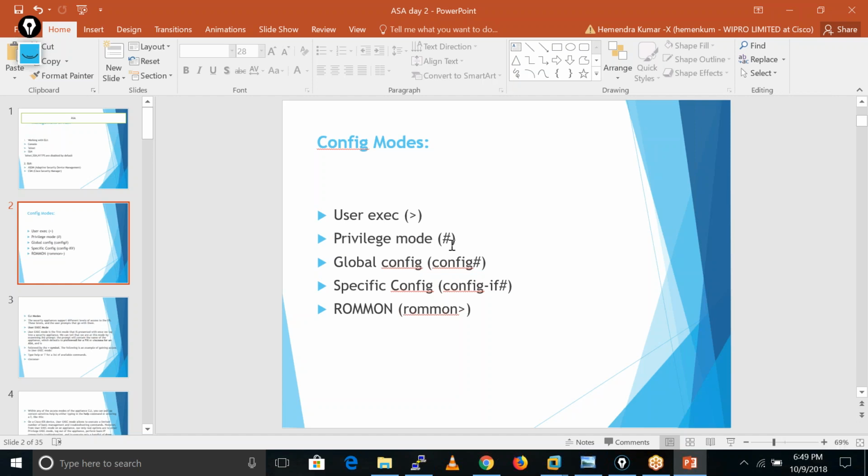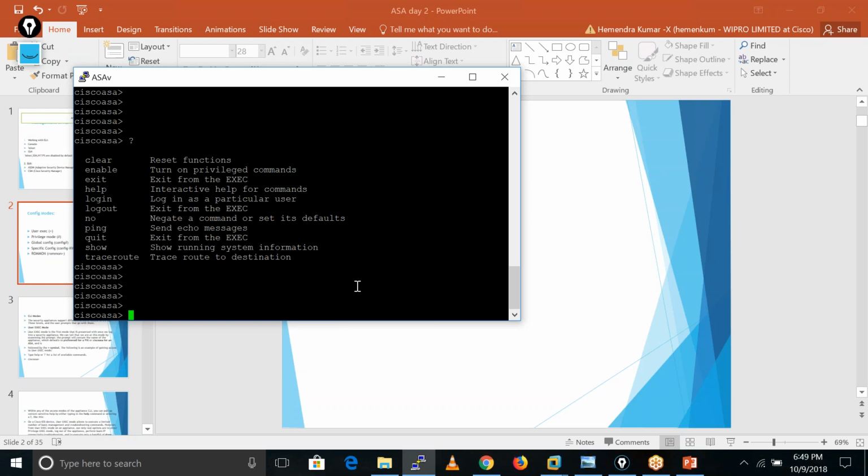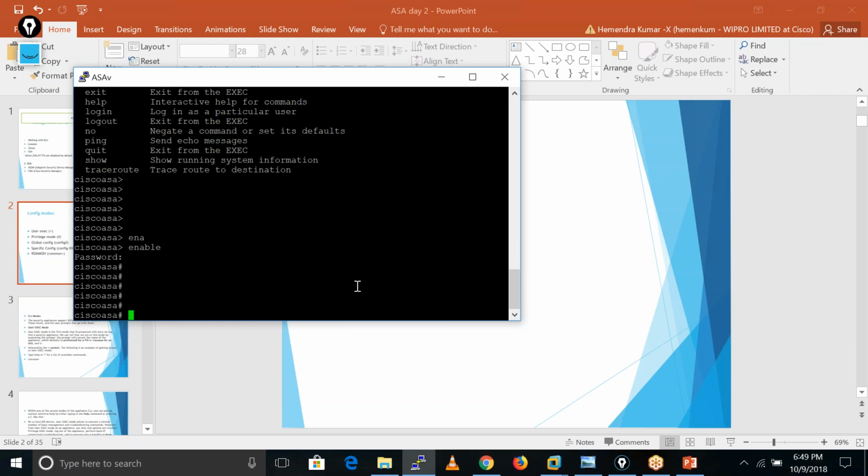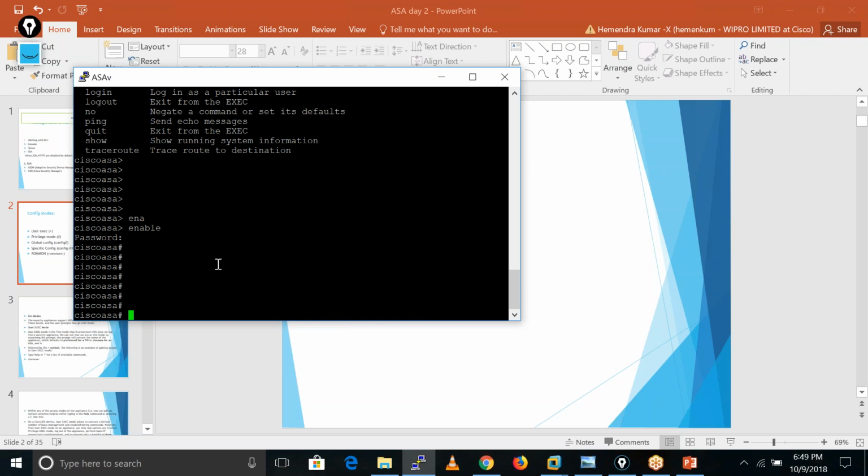After that, there is the privilege mode level. What is the difference between user access and privilege mode? In privilege mode, we have more access on this firewall. We can run lots of commands and we are not limited to a few commands. So how can we move from user access mode to privilege mode? For that we just need to enter the keyword enable. When we run enable, we reach